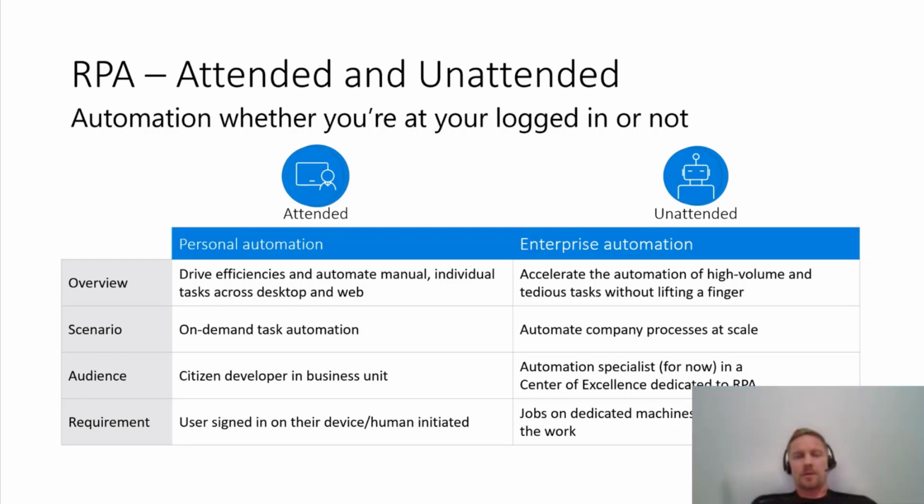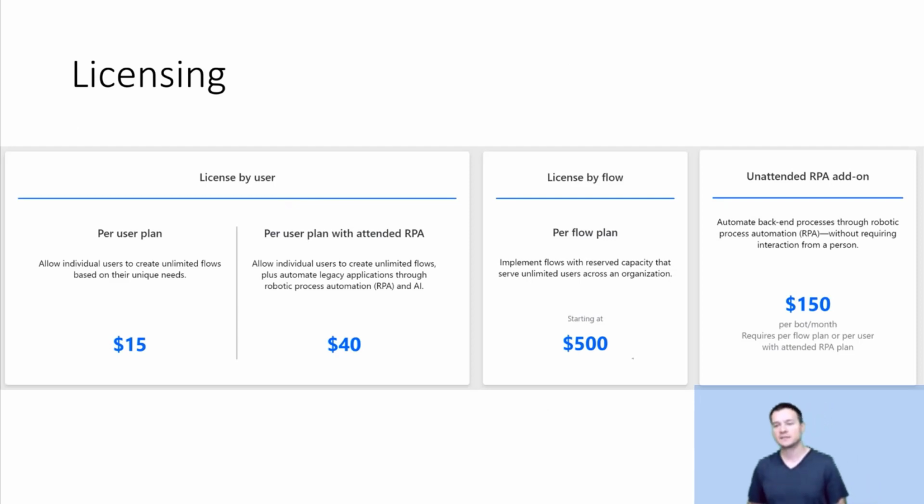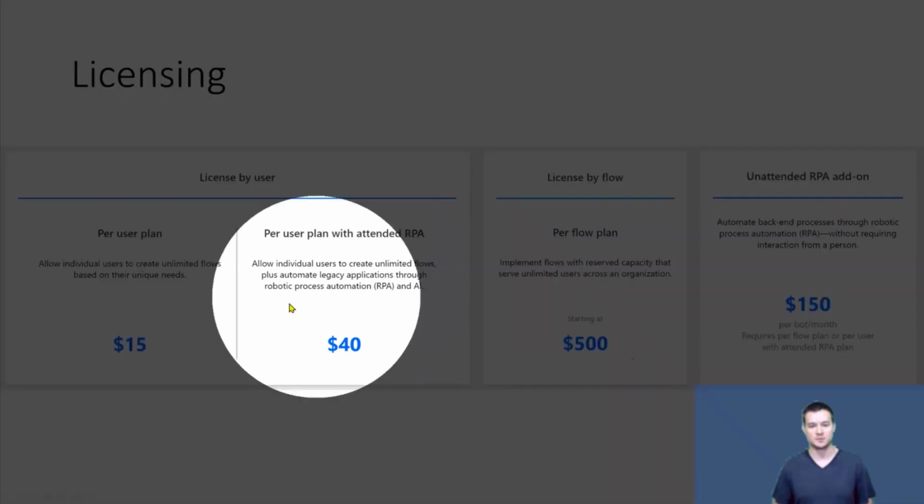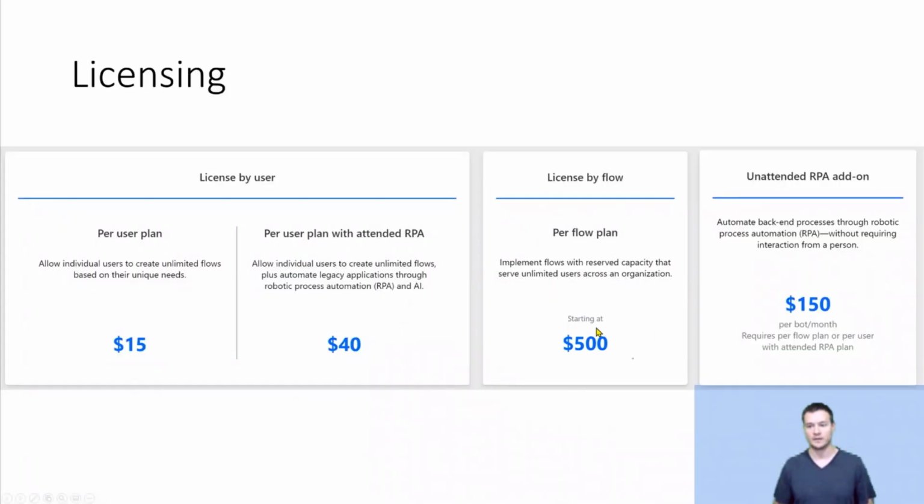I have a licensing question, because I think with UI Flows we had different licensing options, depending on whether it was attended or unattended. All right, so the question about licensing, I wanted to talk about it later, but hey, this is the licensing. Basically, UI flows and Power Automate Desktop follow the same guidelines around licensing. As said, you need to have first the Power Automate plan, because to trigger Power Automate Desktop or UI flows, you need to use the premium license, the premium action. So first, you need to have the per user plan or per flow plan.